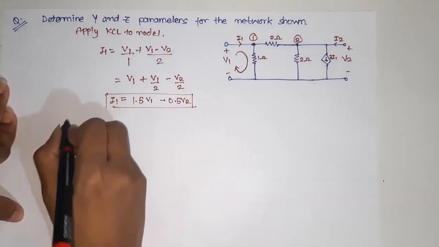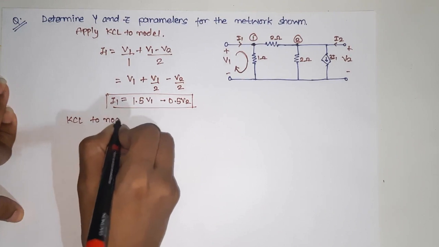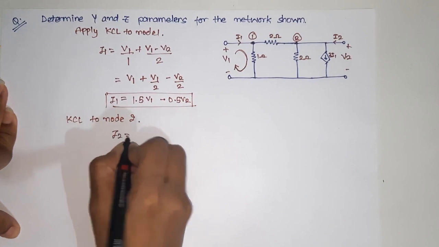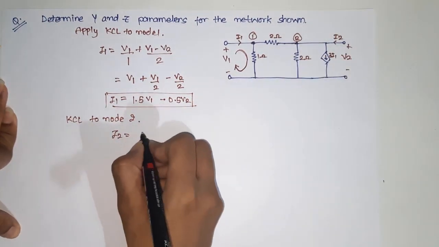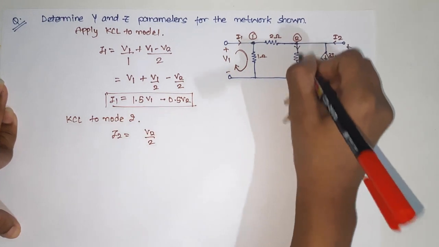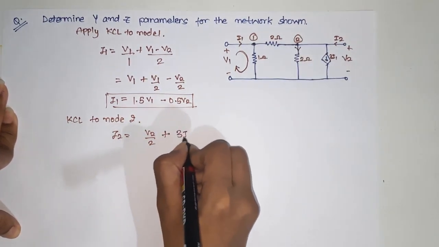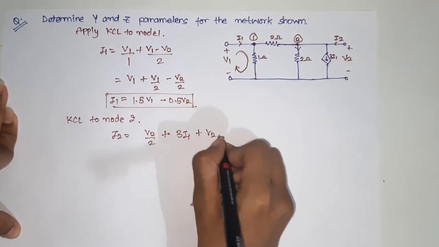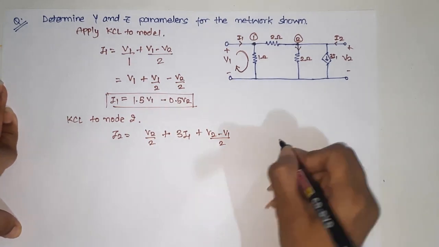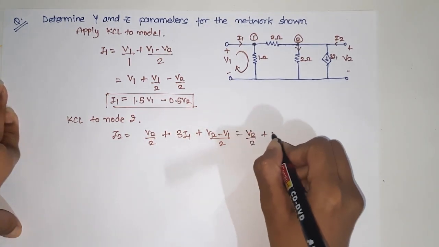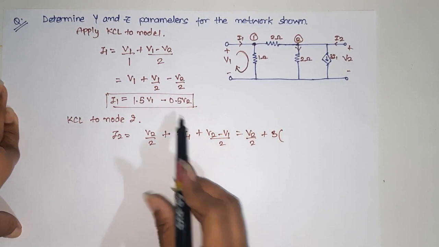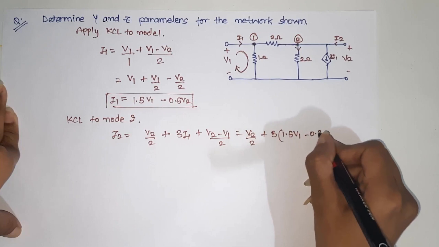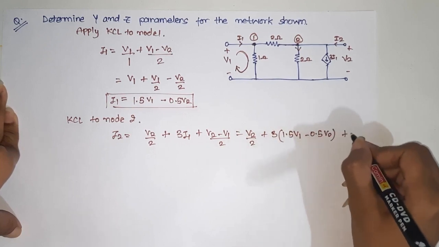Fine. Now similarly we'll apply KCL to node 2. This is our node 2. So I2, which is coming from here, right, that will be equal to V2 by 2 over here, right, plus 3I1, that is already given over here, and the other is V2 minus V1 upon 2. So on expanding, this will be V2 by 2 plus 3 times I1, and now I1 can be expressed in terms of V1 and V2 as 1.5 V1 minus 0.5 V2,